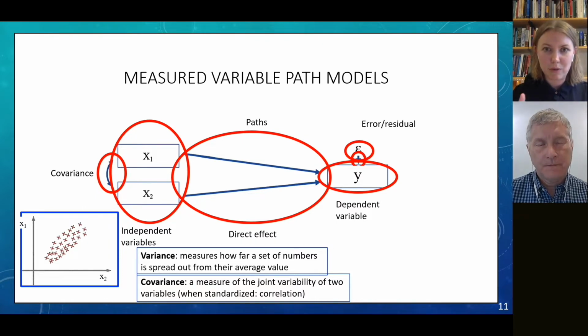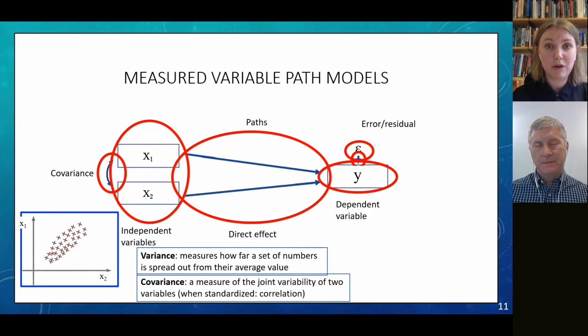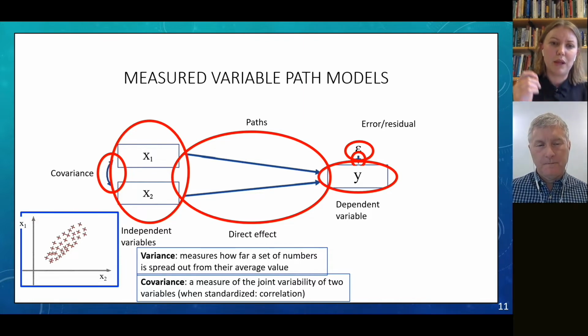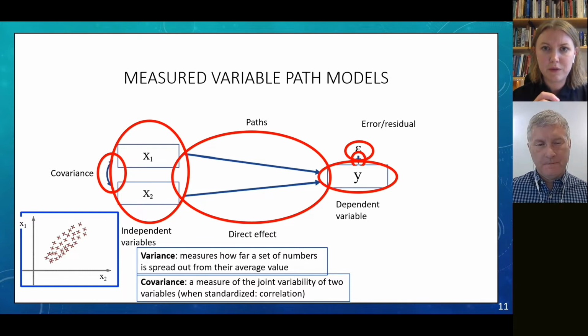So just to make sure that we're on the same page, what are we looking at here? This is a model where we hypothesize that there are two independent variables. We could have lots or several, where there's just one dependent variable. There could be more, we just have one right here. Another term that we use for independent variables is exogenous variables, and for dependent variables, endogenous.